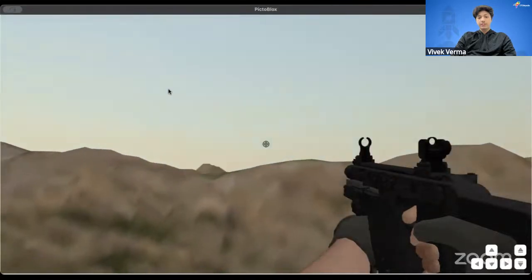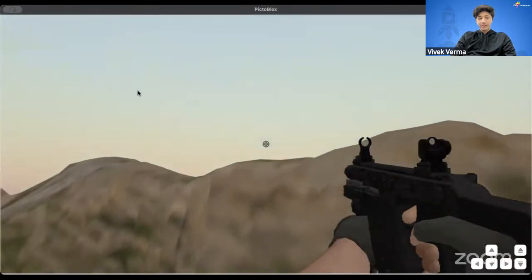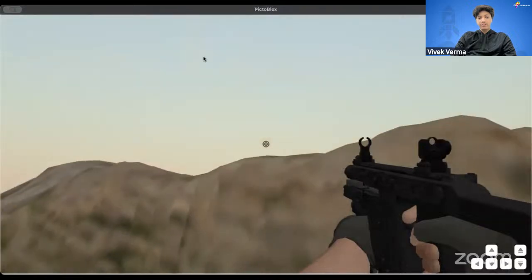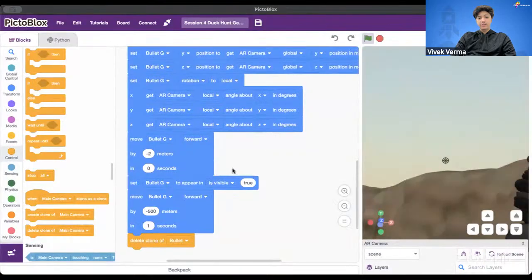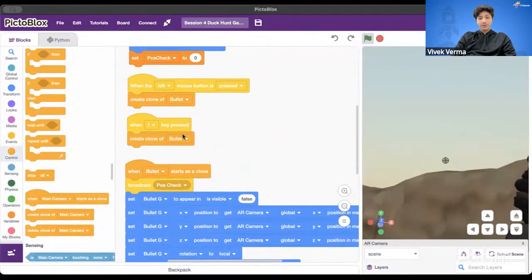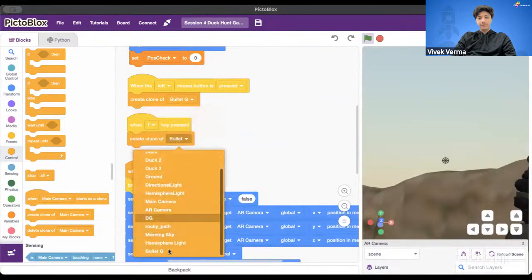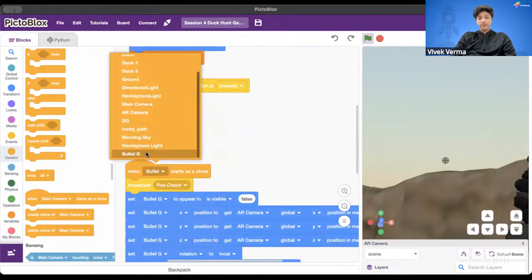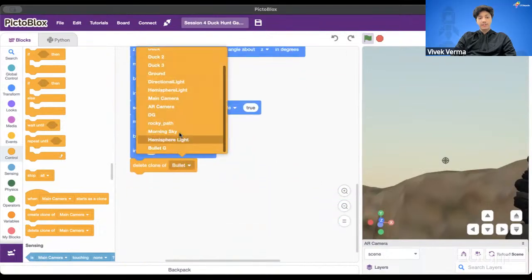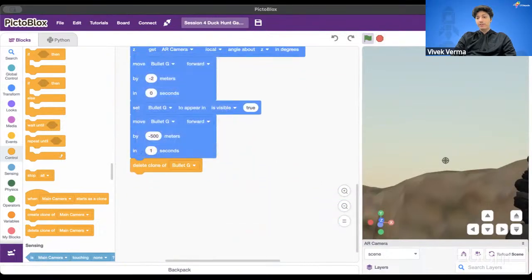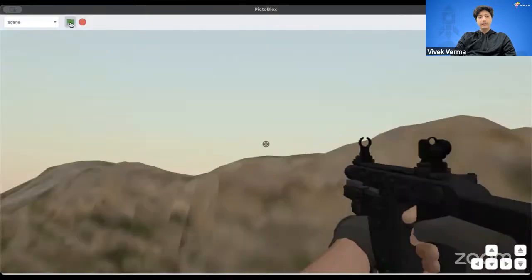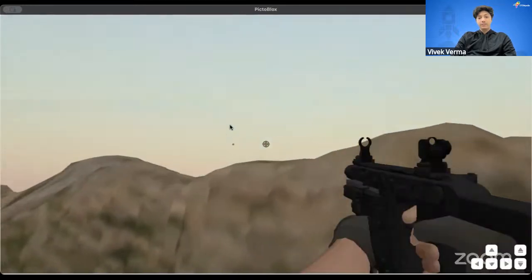Right, I'm able to shoot and I hope you can see it. The bullets are flying, therefore I'm changing the rotation and the position again and again. Okay, one more thing that I need to edit over here is, I think I created a clone of bullet only over here. Yeah, I need to create a clone of bullet G. So when bullet G clone is set up, then only it will be able to do it. My bad. All right. So now I hope you can see,